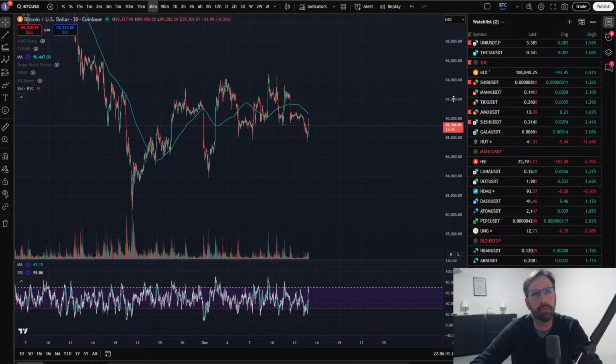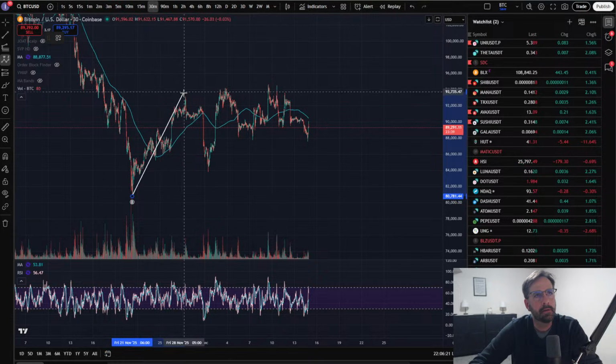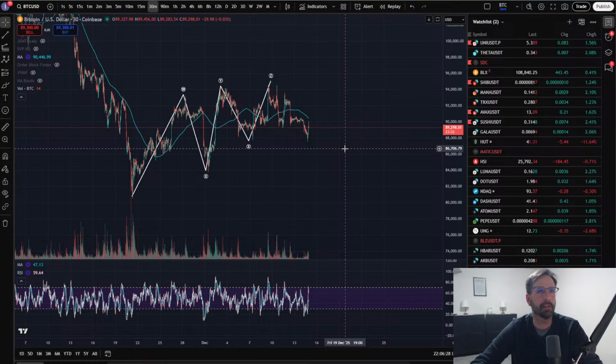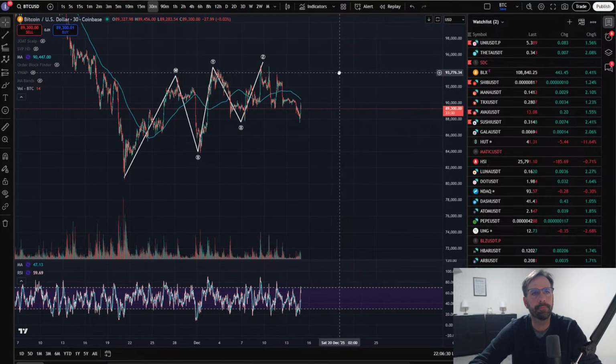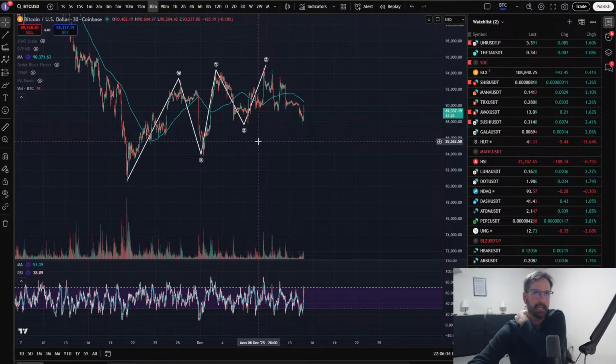Let's see what that would be with Bitcoin. What if that's a WXYXZ? What do you think of that? That's a less common structure. That may be a way to handle it, guys. I don't love it because of the Z. I don't know what the rules are for Z. I'd have to look up the rules for Z.